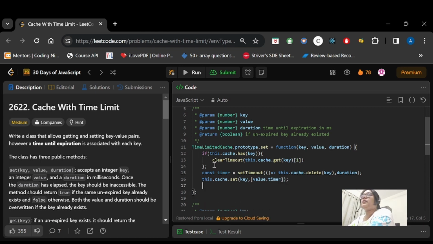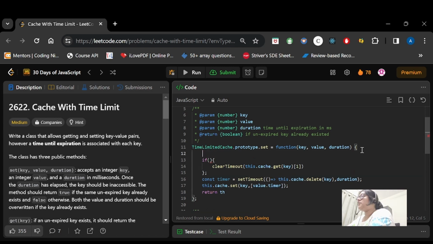So let's take this and keep it in a variable, and name it found. We will return found only. If it is found, then it will return true, otherwise it will return false.